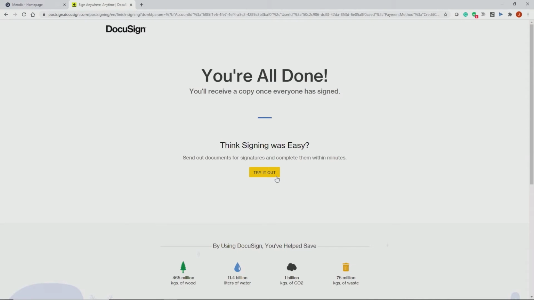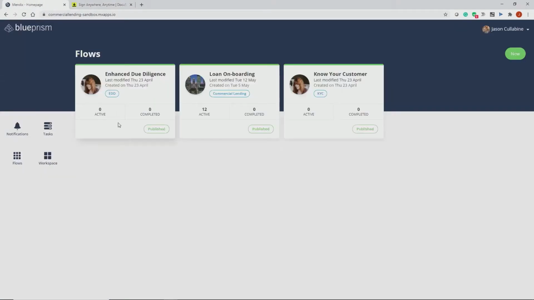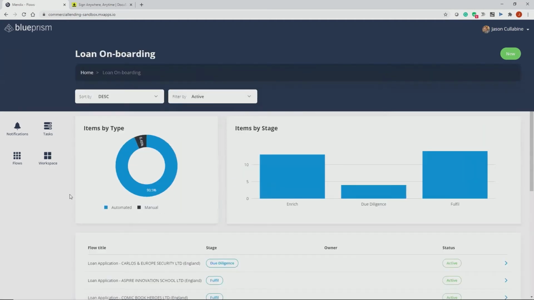Great, so that's given us a kind of idea of what we can do, but let's have a look in the background in terms of, how do we actually work alongside our human workforce, and how do we create that collaboration between the two platforms? So if I jump into my dashboard over here, what we'll see is that I've got access to a number of different processes. It could be enhanced due diligence. We've got the loan onboarding one, which is what we're looking at today, or even know your customer type of examples. In this case, we'll jump into the loan onboarding, and we'll very quickly be able to see a snapshot